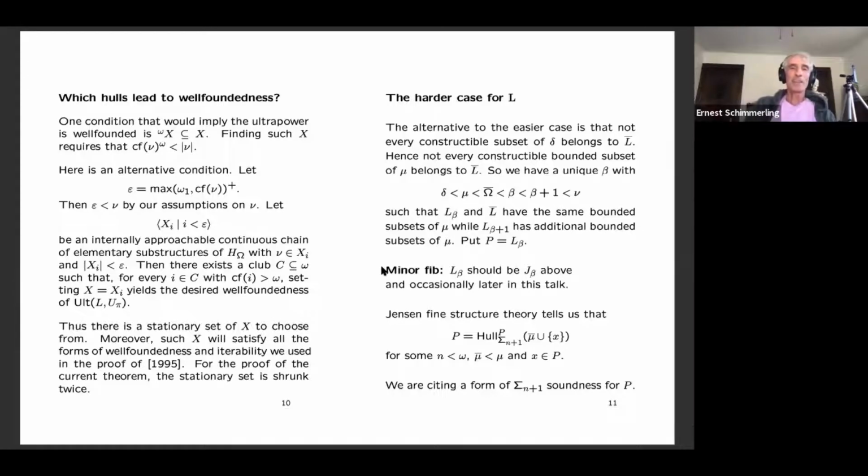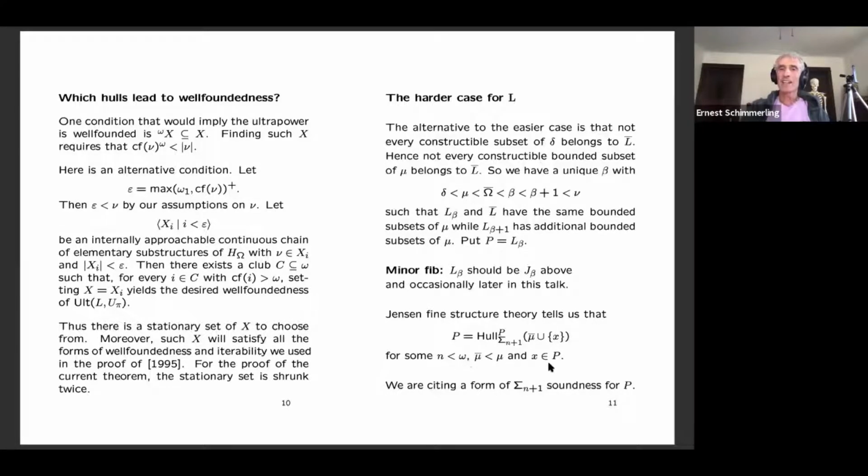Among many minor and major fibs, L beta should really be J beta, where J is the Jensen hierarchy. Yeah, so let's just let that slide. So Jensen fine structure tells us that for some mu bar less than mu, for some n